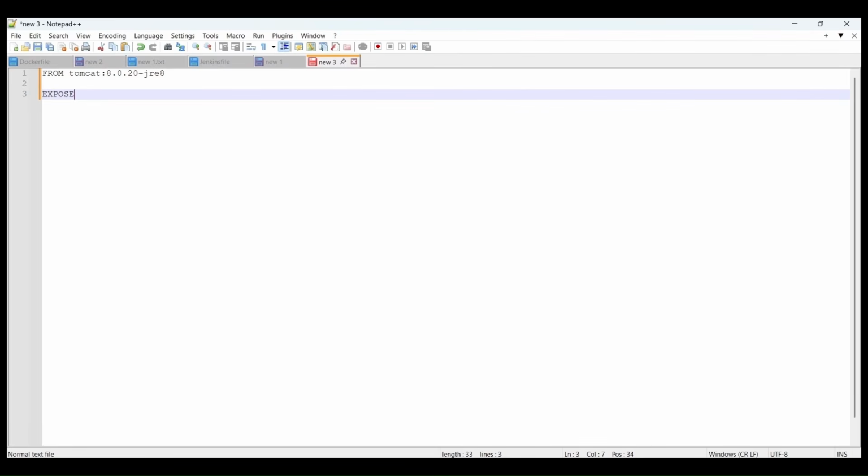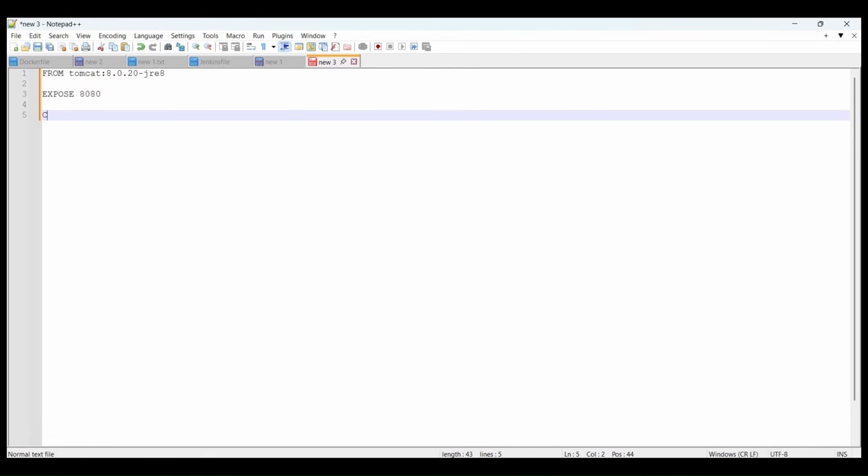After that, I'm going to use a new keyword, EXPOSE. With EXPOSE, we define on which port number our application will be working. As I mentioned, it will be exposed on 8080, but in our case our 8080 port is already consumed. Okay, so the next keyword is COPY, where I'm going to copy my artifacts, in the sense the war file,